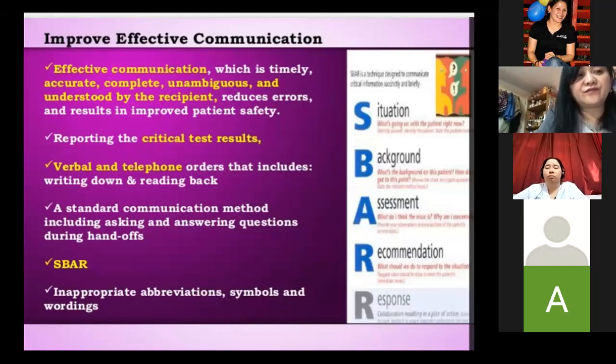And verbal and telephone orders should be written down, and must be read back immediately also. The standard communication method includes asking and answering questions during the handoff. Yeah, it is better to ask